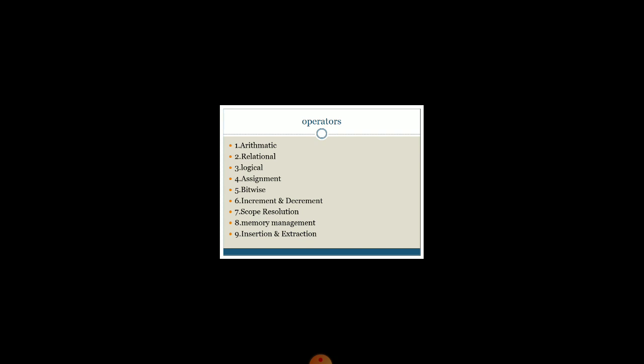So we have certain types of operators, which include arithmetic, relational, logical, assignment operator, bitwise operator, increment and decrement operator, scope resolution operator, memory management operator, and insertion and extraction operator. Now we will see one by one in detail.